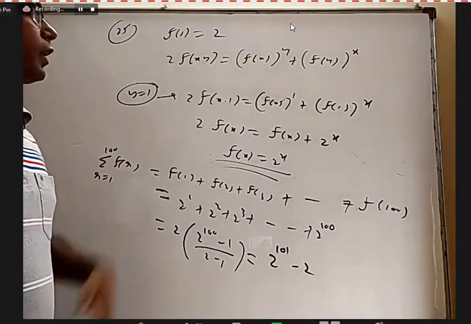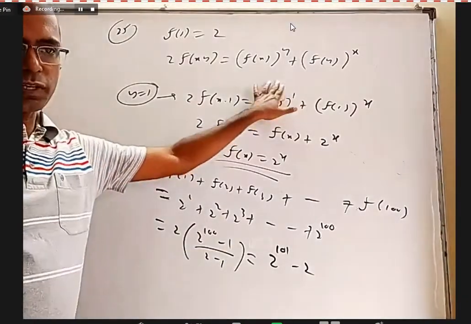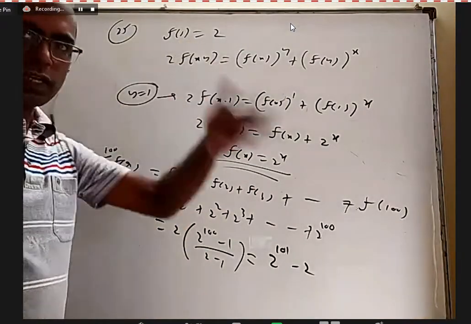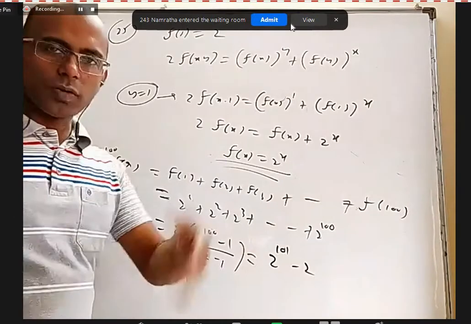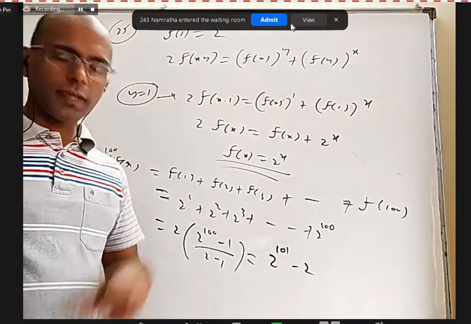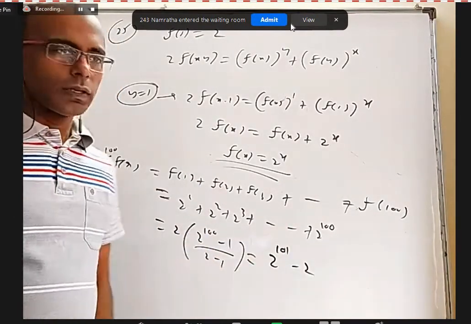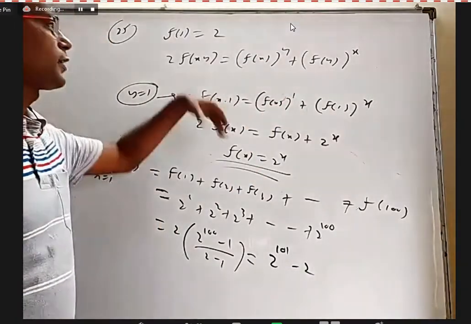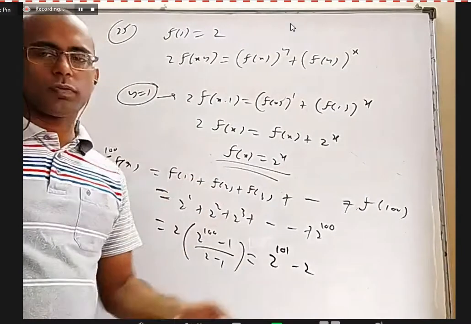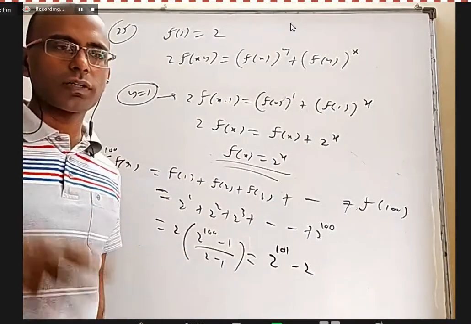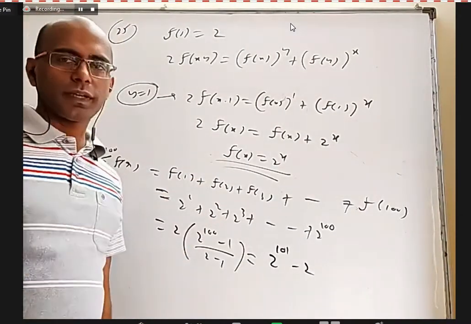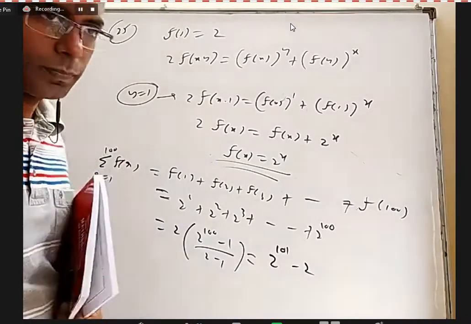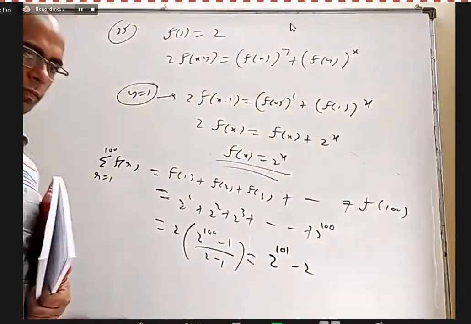Okay. We discussed functional transformations, quite a few questions earlier in mains. Even here f of 1 is given; sometimes that is also not given. Sometimes we kept x 0, y 0, x 1, y 1, x and y equal to something. Try different ways, so you will get some features about that function, and then try to put some numbers. So there's no one particular rule that you have to put 1 only or 0 only or y equal to x only. Just some ideas, and sometimes you're able to guess directly what is the function. All right.